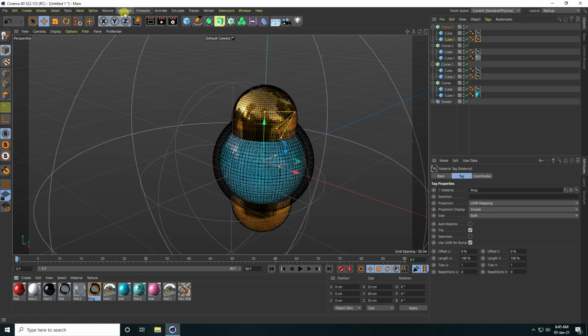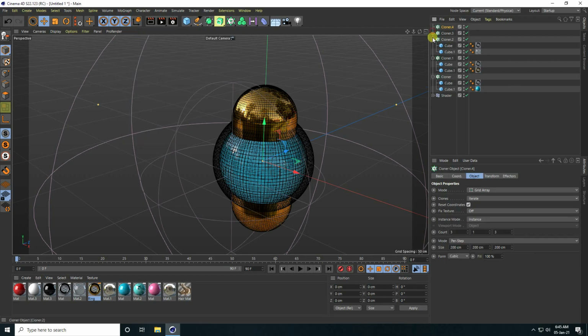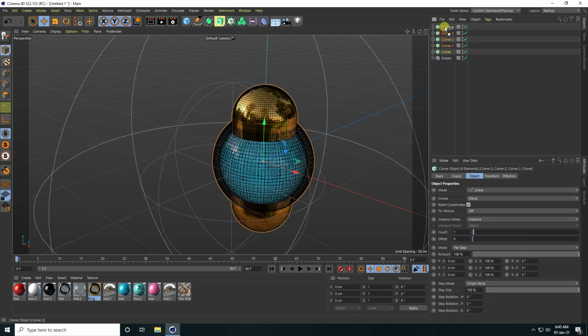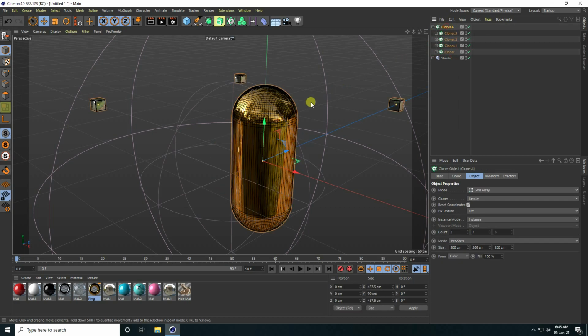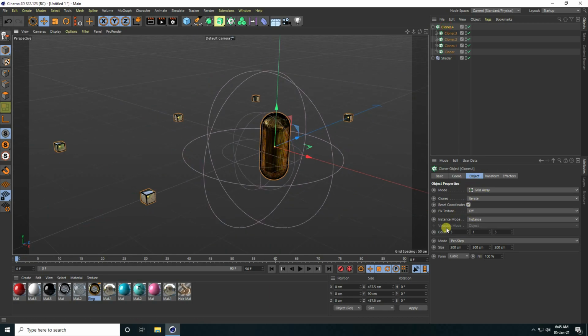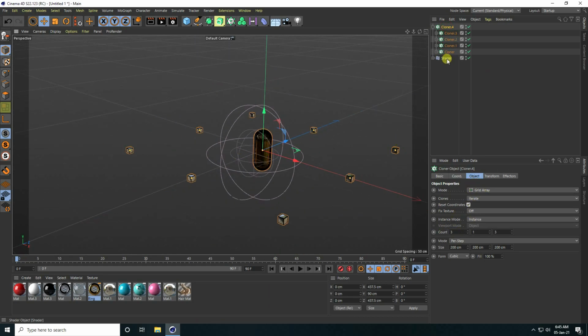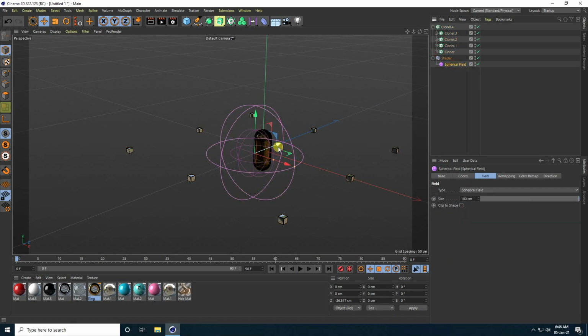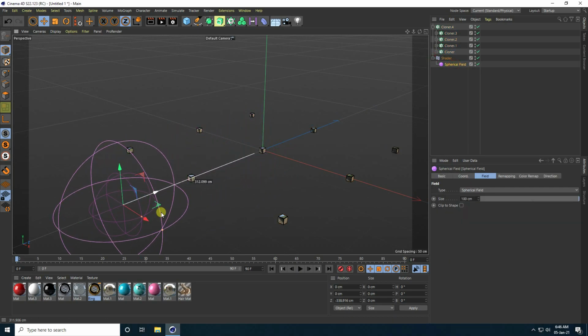Okay, so now I take cloner again, so select all, this one clone, and make child with cloner. Set grid array. Now go here, shader effector.